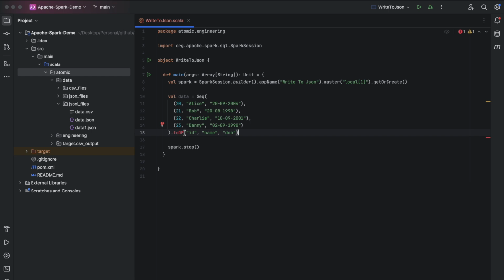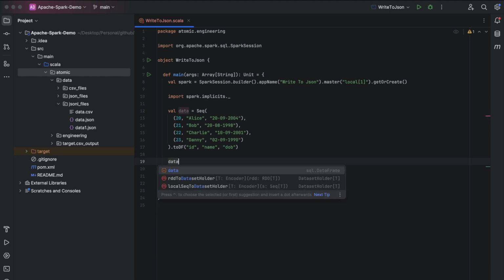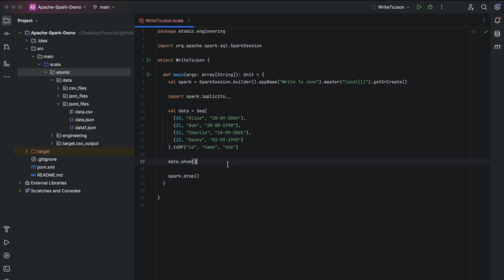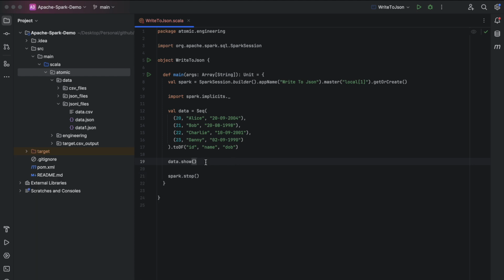We got an error here while using the toDF function because we need to import spark.implicits to use the toDF function. Let us run a show command on top of this data frame and see how it is getting displayed. Now I am running this code. We can see that the data frame is displayed correctly with IDs 20, 21, 22 and 23 and corresponding names and DOB. I am commenting out this data.show,